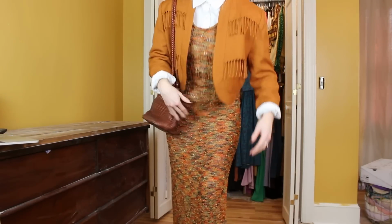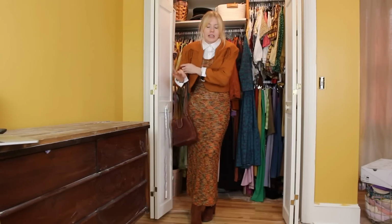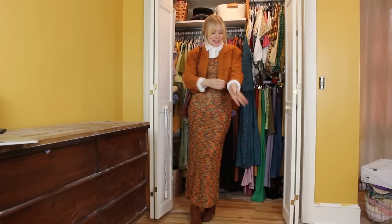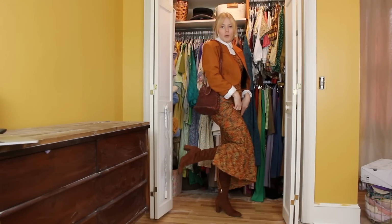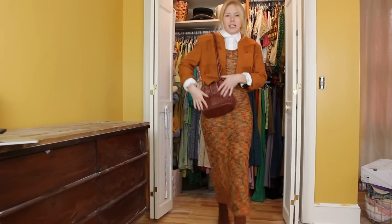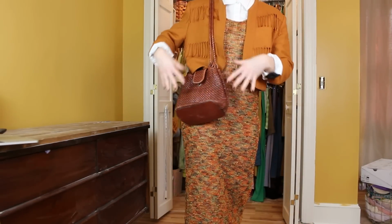But my favorite part are these little tassels on this jacket. So the tassels speak to the texture of this dress, but them being a little monochromatic is just unreal because this is the same orange that's in this dress. It's just so good. So I wanted to balance it with rolling up the sleeve and adding a pop of white down here, putting the collar over the jacket, and then adding that same tall boot from the other outfit earlier,